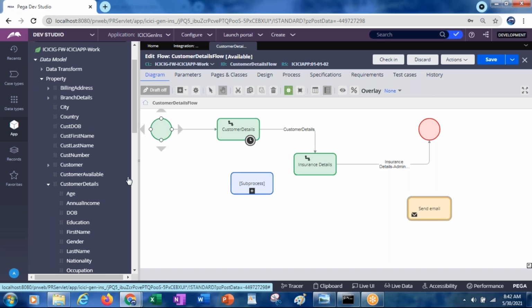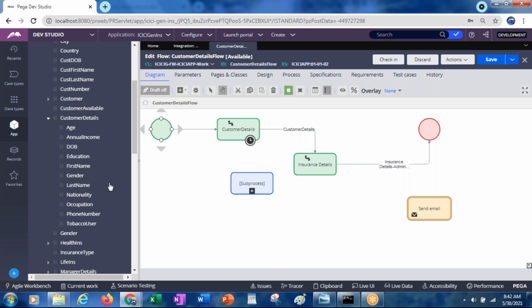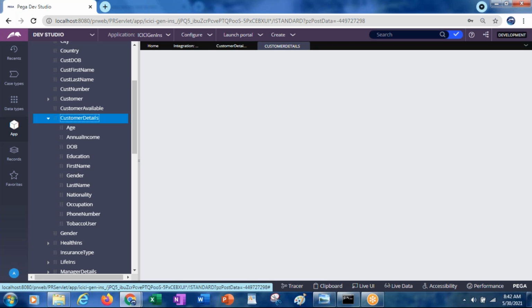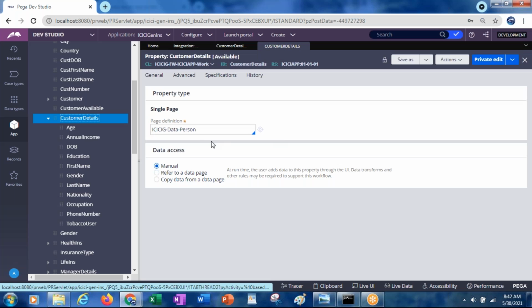Customer details. Okay, it is not having it. This customer details is referring to which property? ICICI data person.